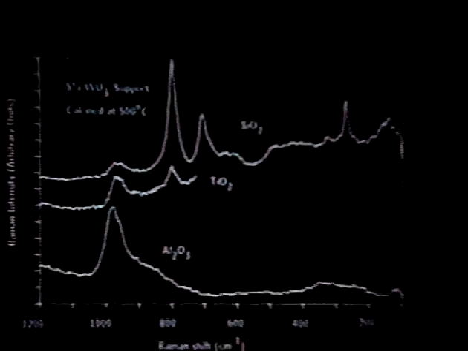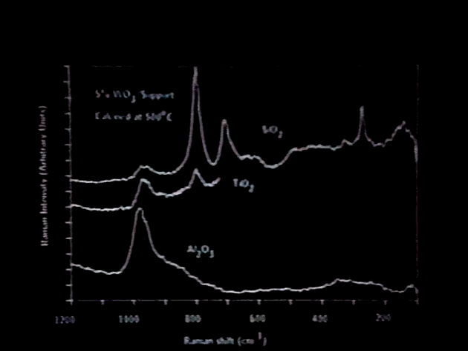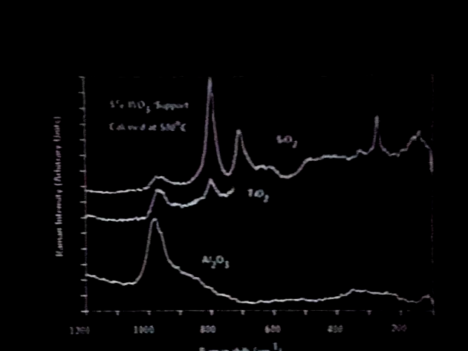And the nature of the surface phase is very different on silica than it is on aluminum and titanium. This is what tungsten oxide